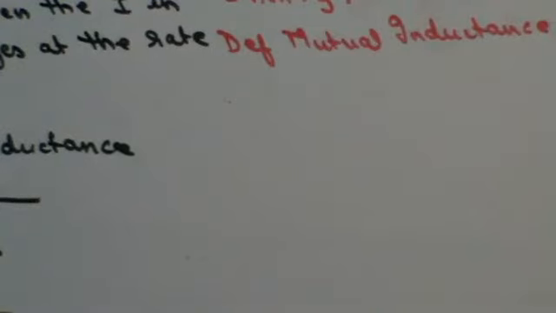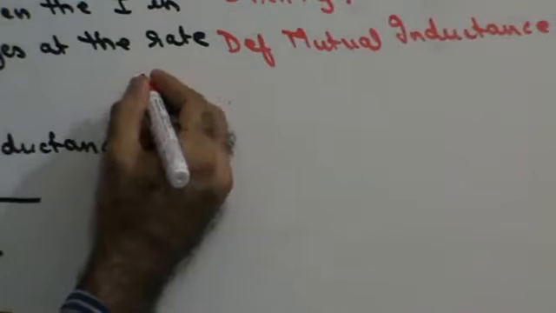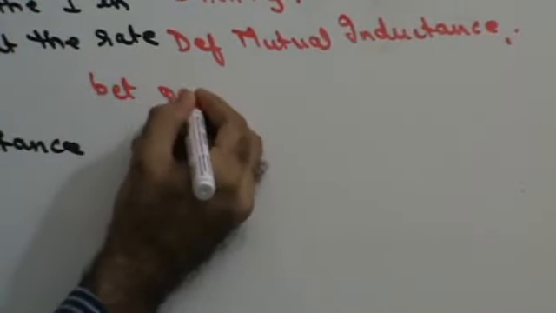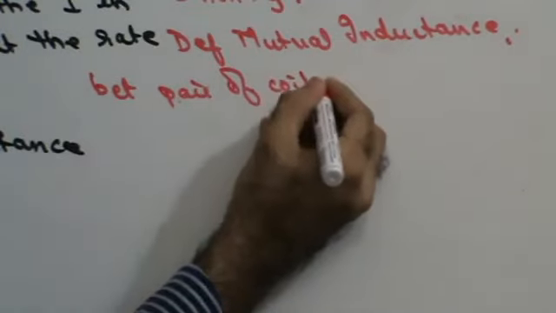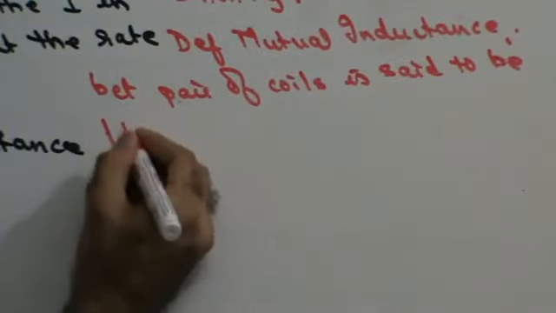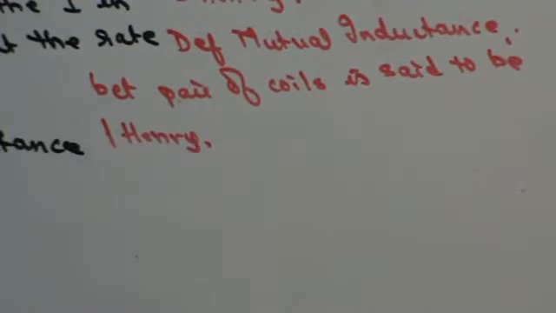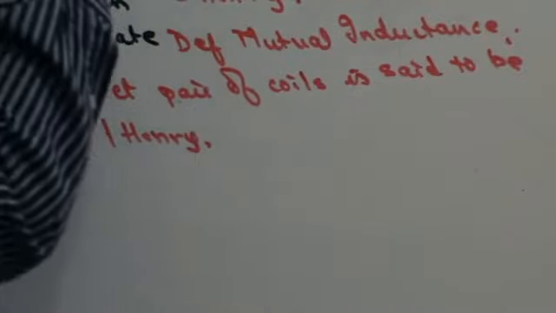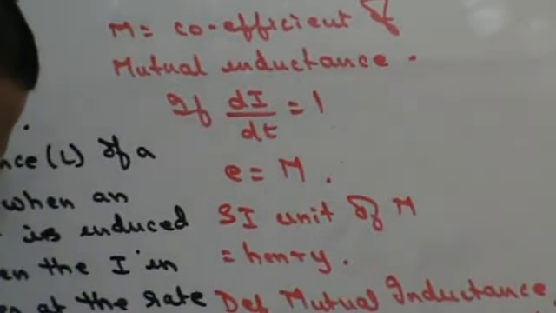What is mutual inductance? Mutual inductance between a pair of coils is said to be 1 Henry if an EMF of 1 volt is induced